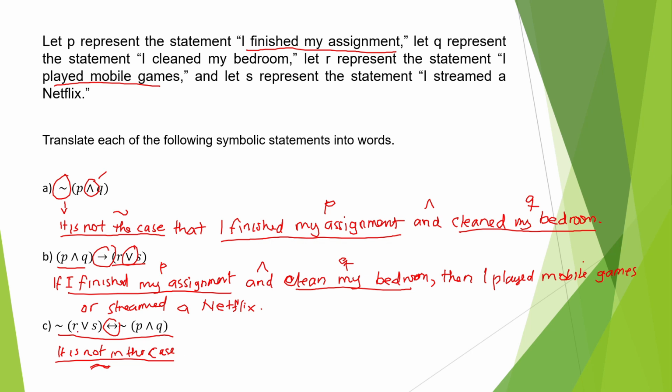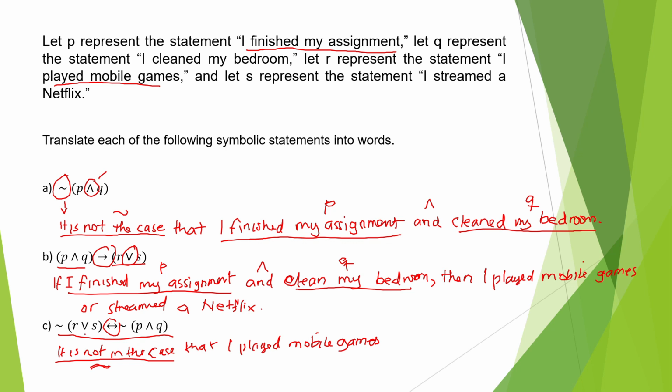What is our R? Our R is I played mobile games. It's not in the case that I played mobile games.